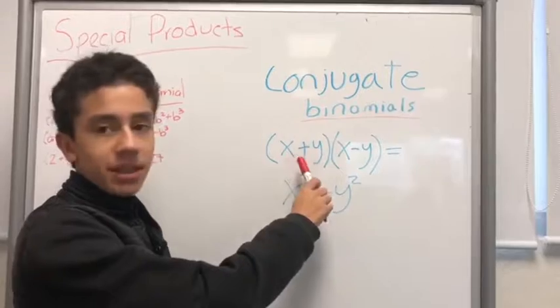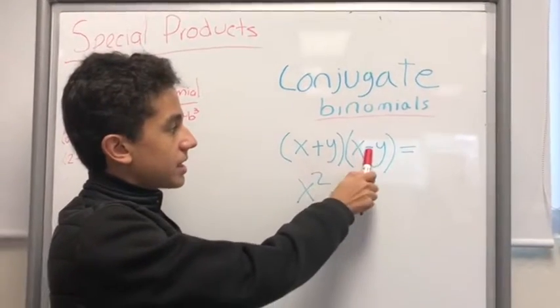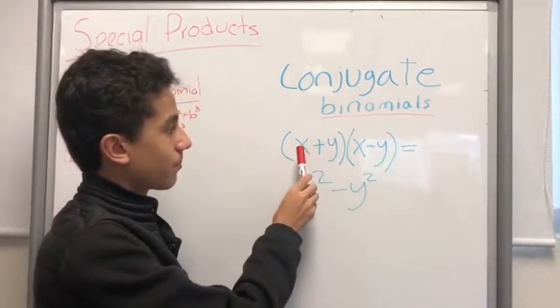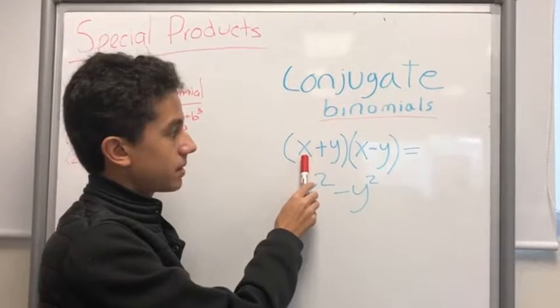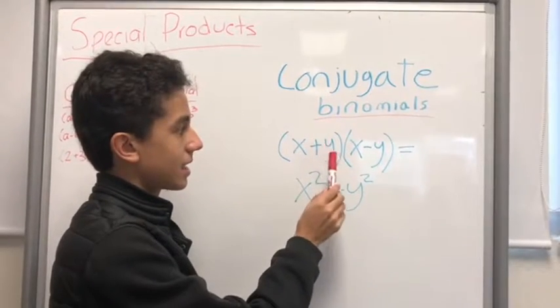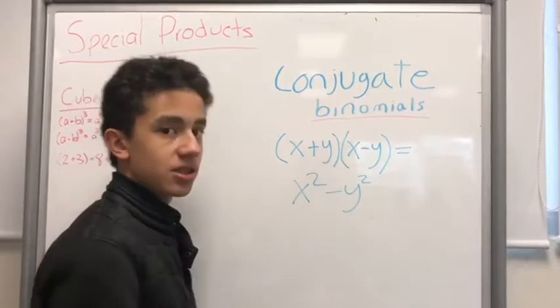So when you have the same terms but with a different sign, you will get the square of the first term minus the square of the second term. So for example,